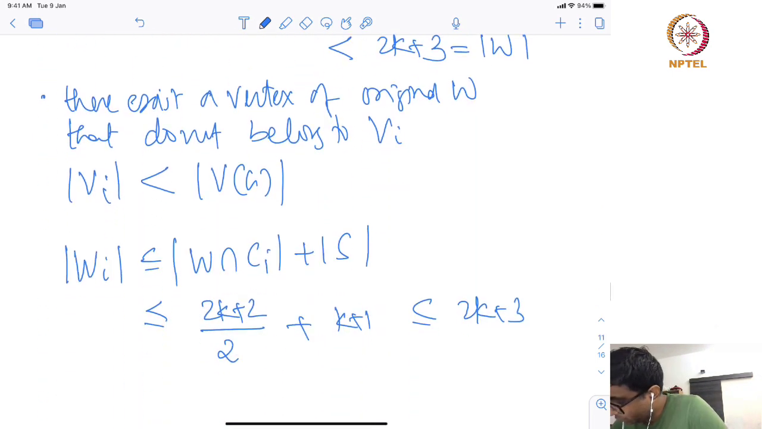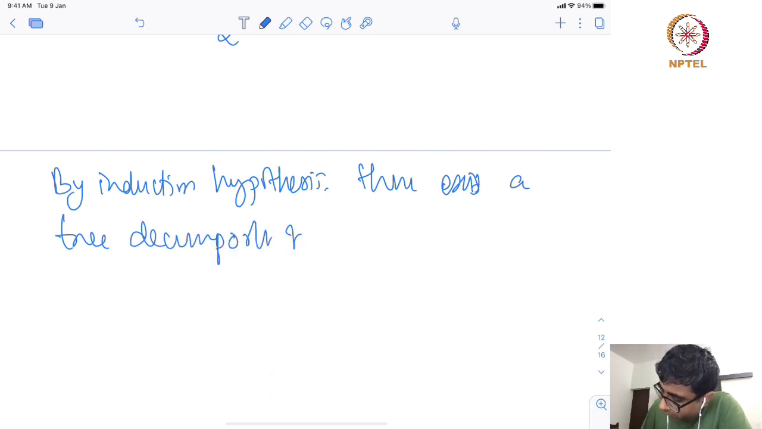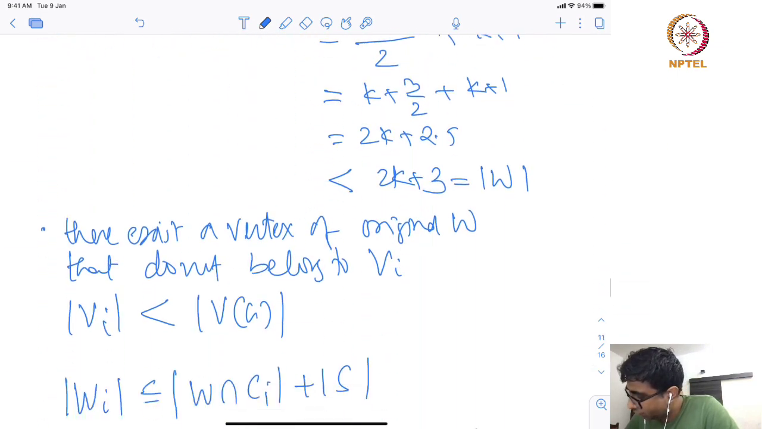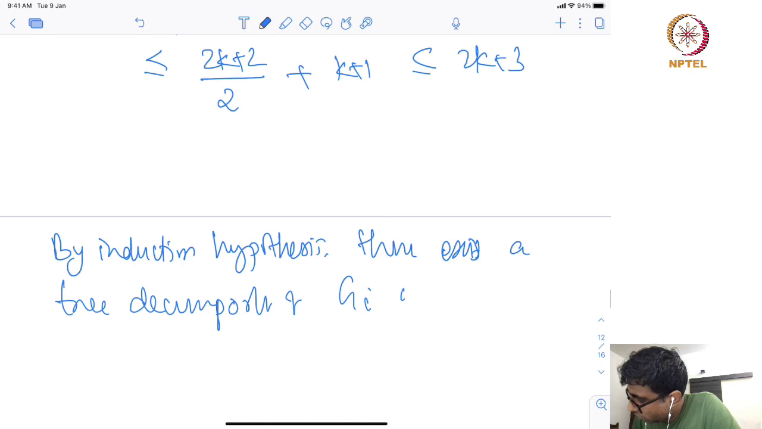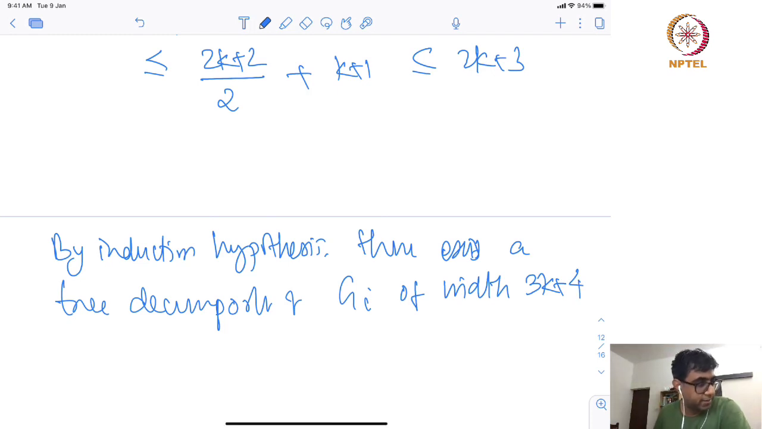what does this imply? By induction hypothesis, now we can apply induction. By induction hypothesis, there exists a tree decomposition of G_i, the graph G_i that we created, of width 3k+4,